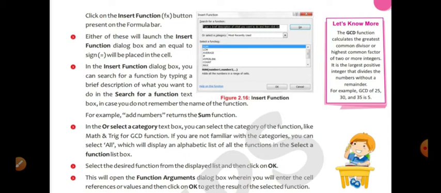As I told you in my first lecture, this chapter is basically a practical chapter. You should go on with the practicals. You should do them on your own at home. When you come to school, I will definitely teach you this once again, but till then do it on your own home PCs. So these are the steps you have to follow to use insert function.